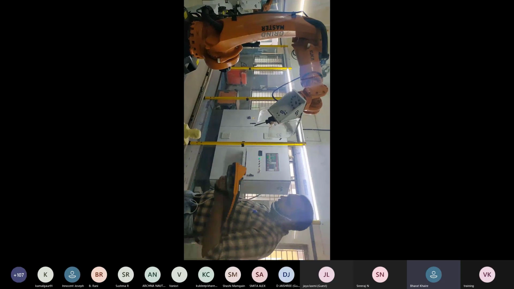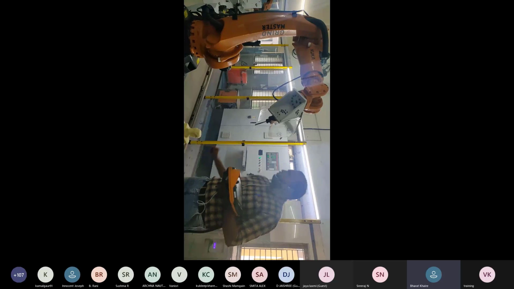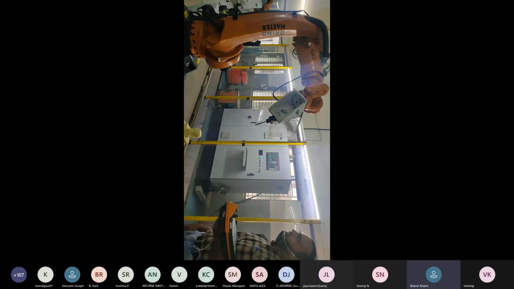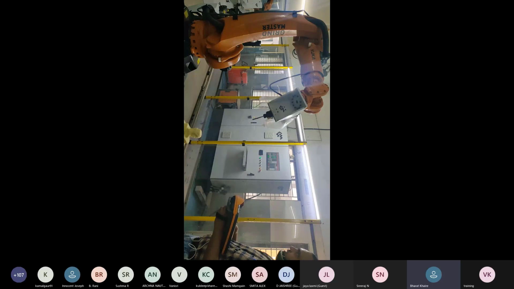But the spindle is so delicate, so we cannot cut hard material on the work table. So these are the six different axis movements we have watched here.